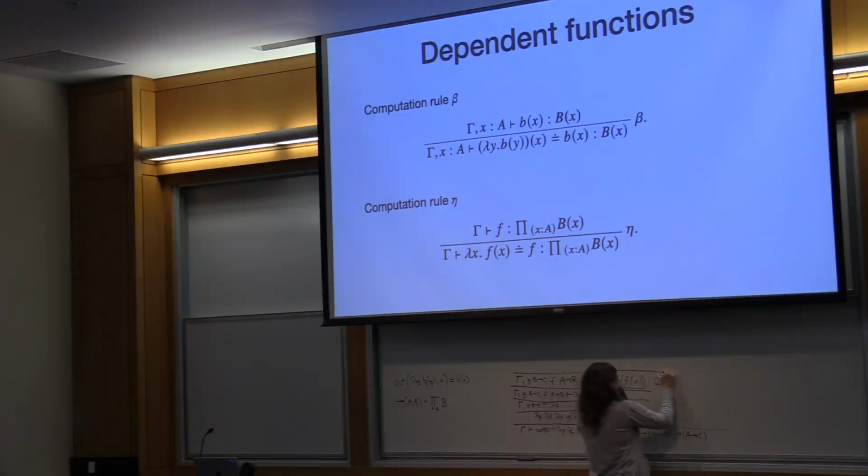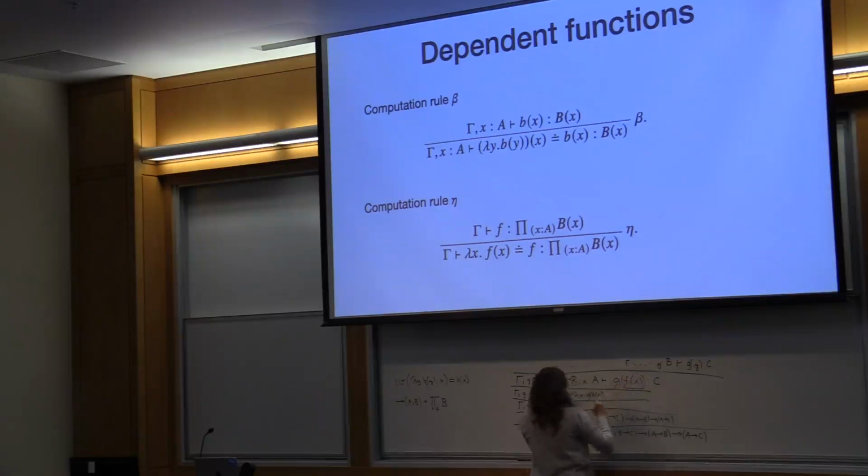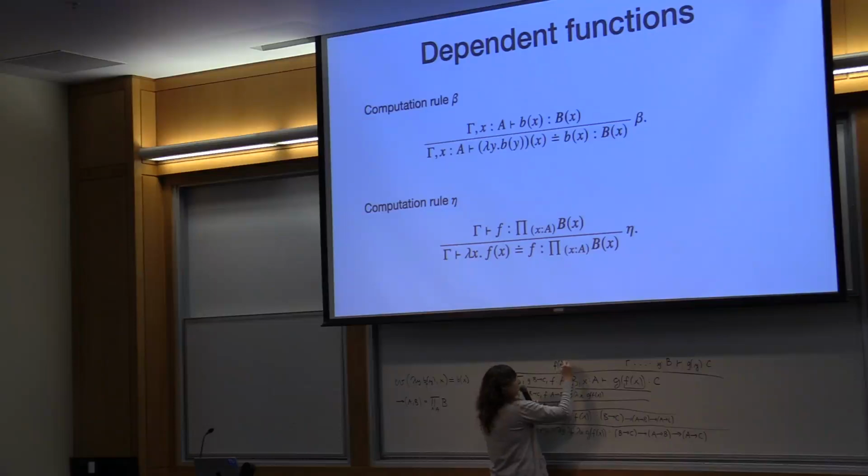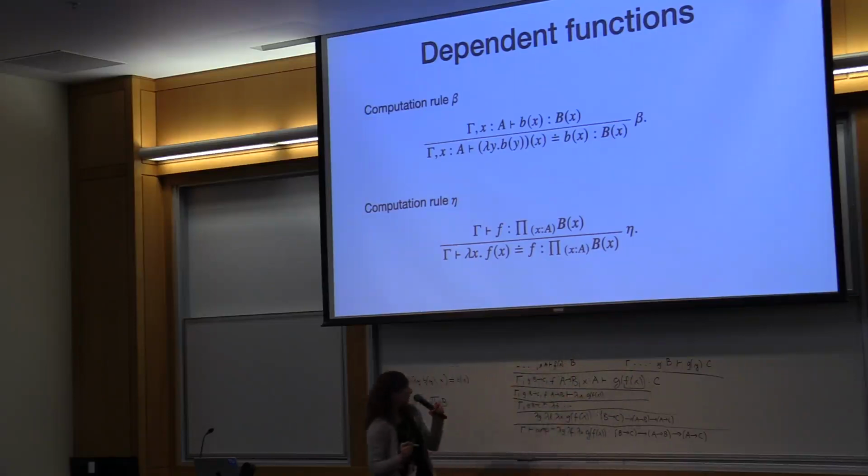Okay, so I give myself g of y of type C if y is of type B, and so on, the rest of the context. And what I also need is for f of x, the thing that I'm substituting it for, to also have type B in the context without y. So x of type A and so on. Okay? Now we can do